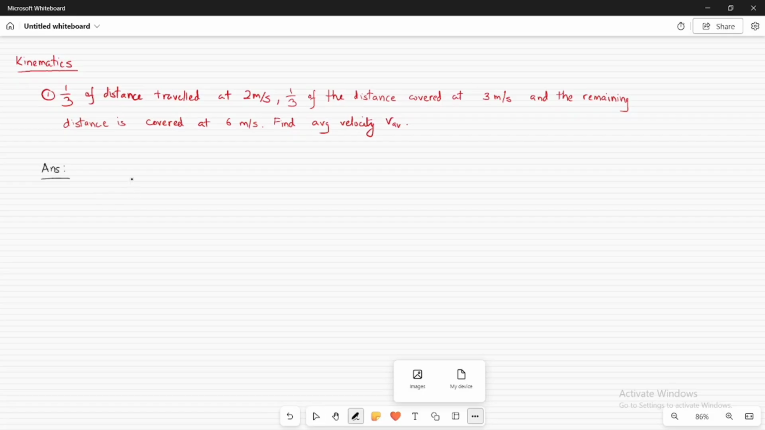So we know that average velocity equals net displacement by total time, or v average equals del S by del T. That means whatever displacement a body has covered is to be divided by the time taken to cover the